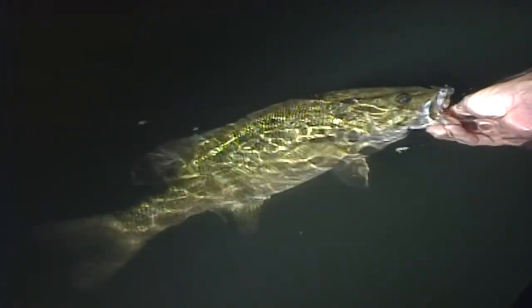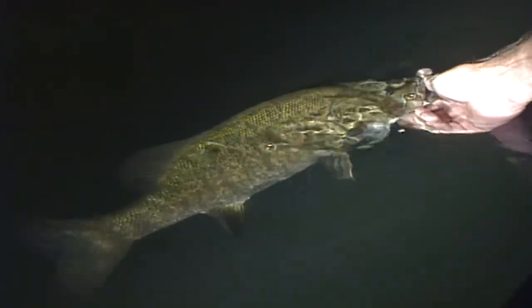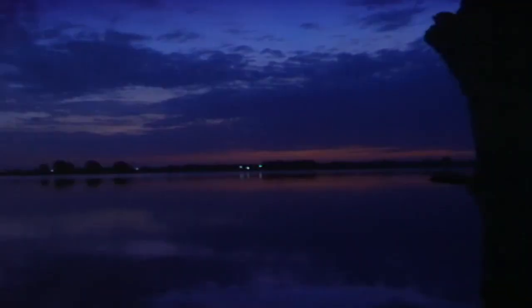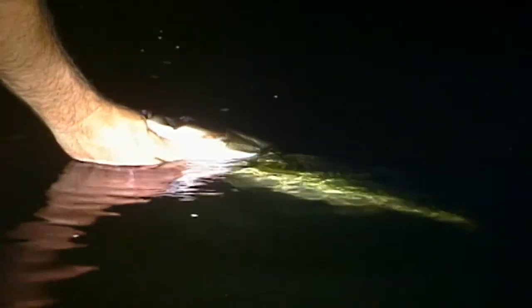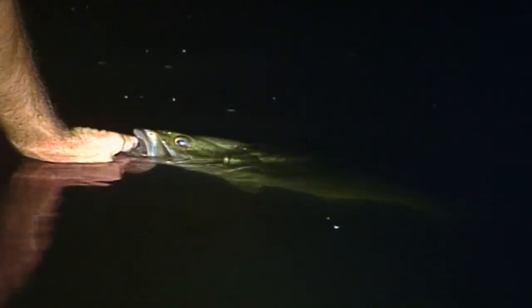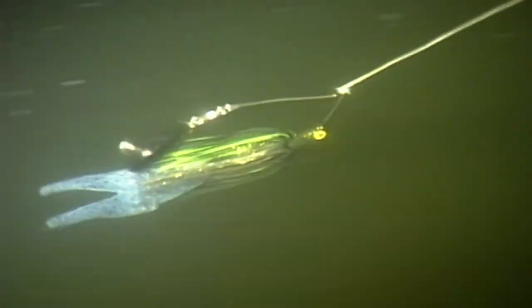Most of your bass at night are more active due to the same reasons we would be. The temperatures are cooler, there's less recreational boat traffic on the water, and it's just cooler. It's overall more comfortable. They move shallow to feed, and those shallower areas are more greatly affected by the temperature difference between extreme daytime and nighttime. So spinnerbaits, jigs, worms, and some crankbaits in dark colors seem to represent the most popular nighttime offerings that are